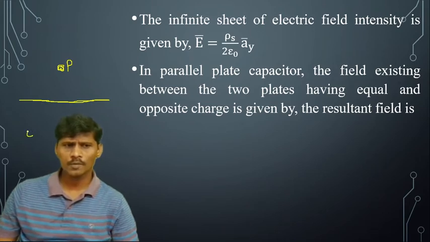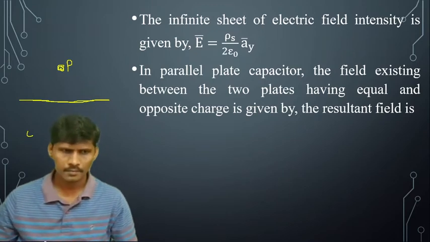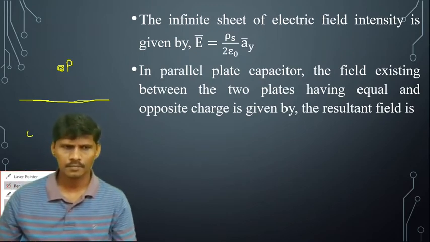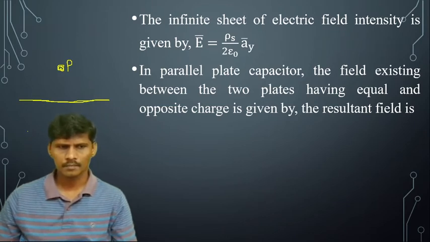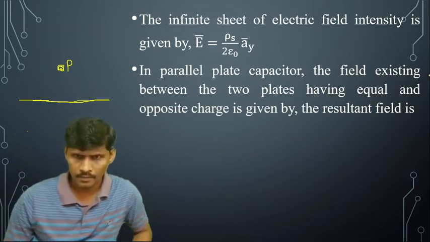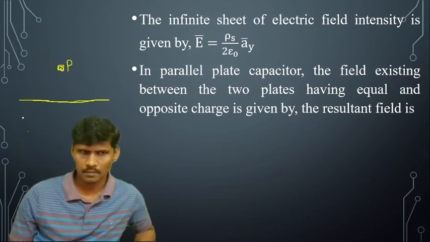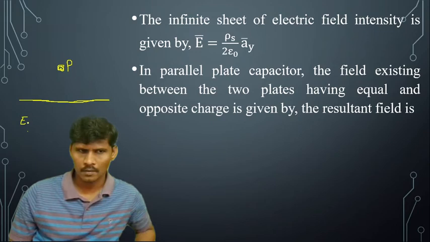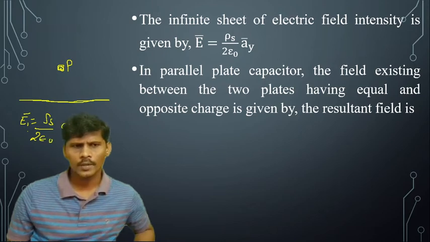E1 bar is equal to rho s by 2 epsilon naught into a n bar, where a n bar is the unit vector